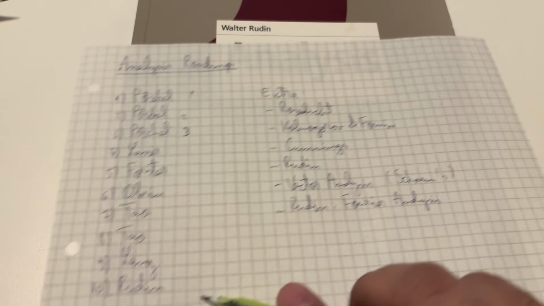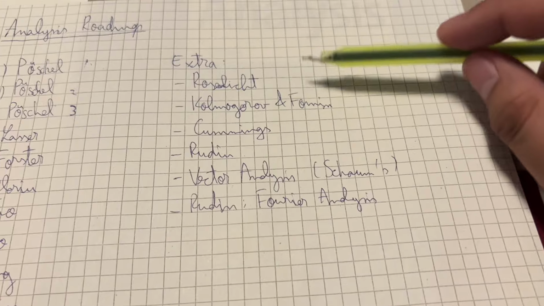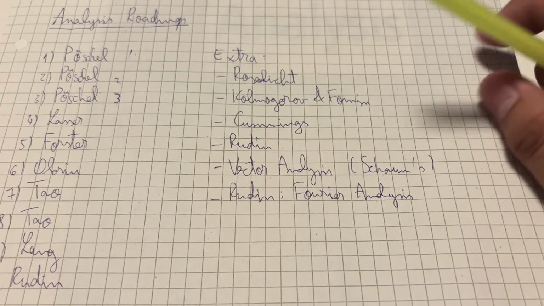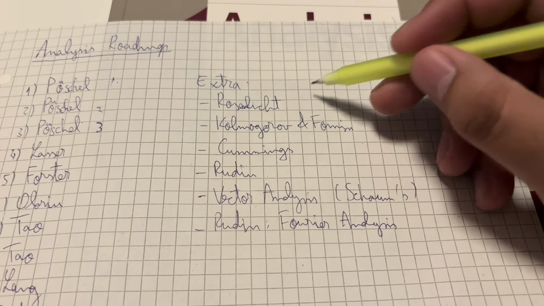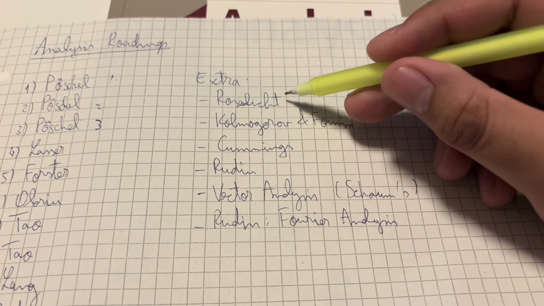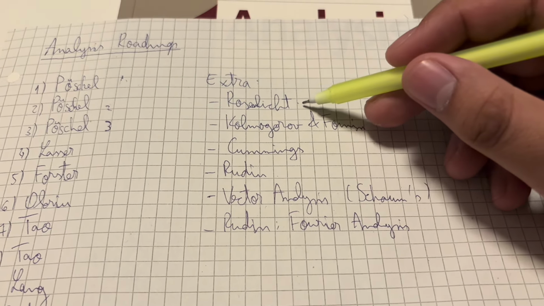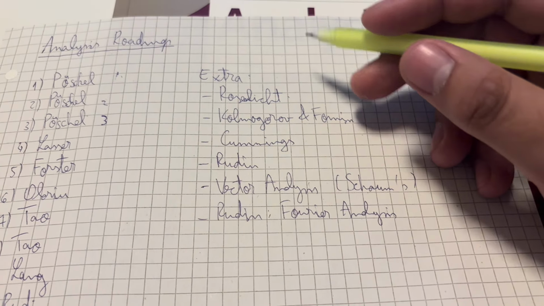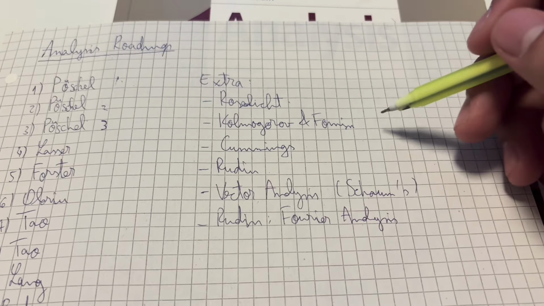But then I wrote here some extra books. Now these are books that I would like to get one day, but it's not necessary for me to get them or work from them. The Rosenlicht Introduction to Analysis, it's a Dover publication, so it's relatively inexpensive, something like 15 euros on Amazon second hand, or 20 new. The Kolmogorov and Fomin one,